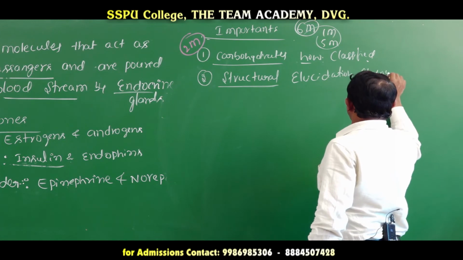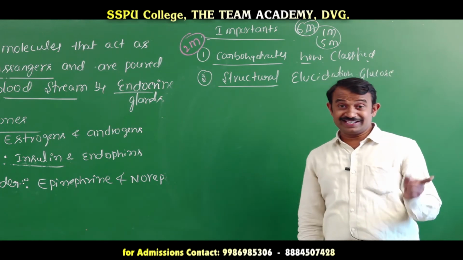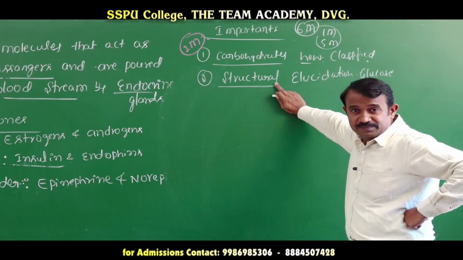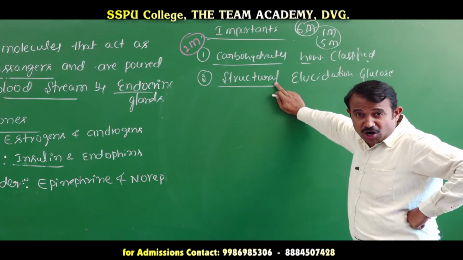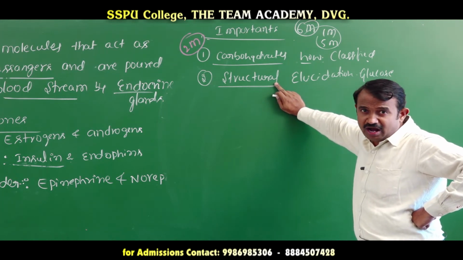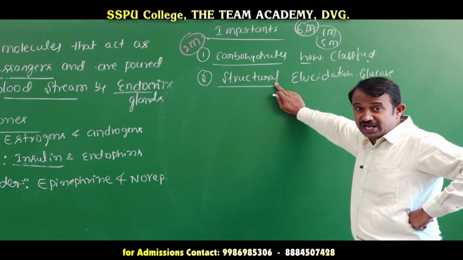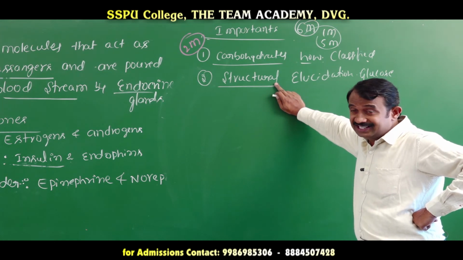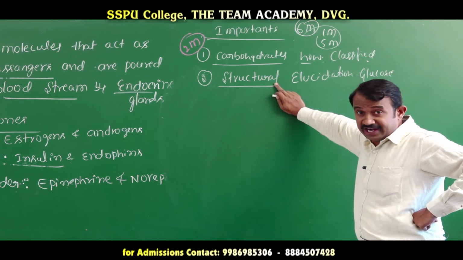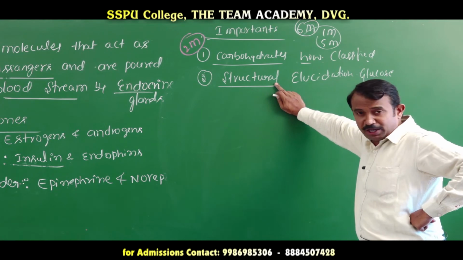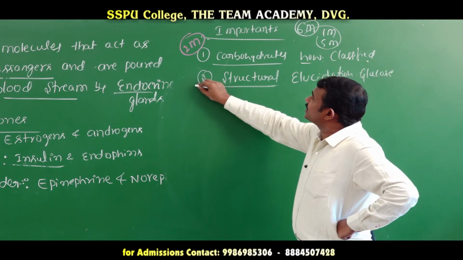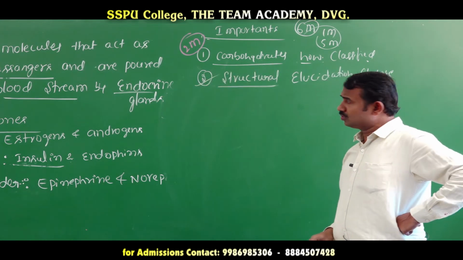Structural elucidation of glucose means the presence of 6 carbons in a straight chain; the presence of a carbonyl group, which reacts with hydrogen cyanide or hydroxylamine; the presence of an aldehyde, since glucose reacts with bromine water to form gluconic acid; the presence of 5 hydroxyl groups; and the presence of a primary alcohol.